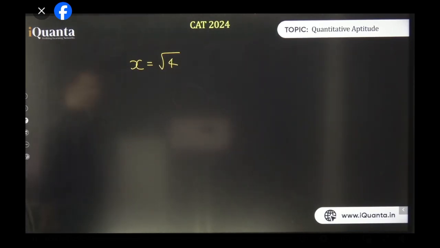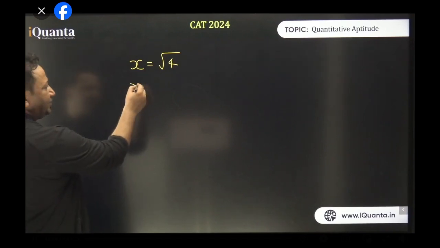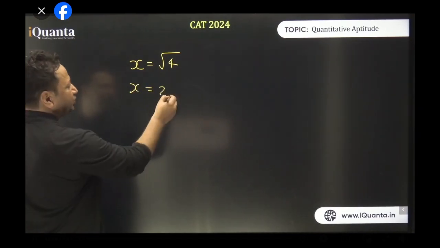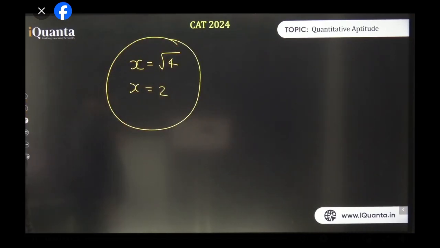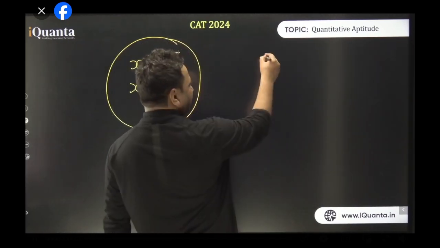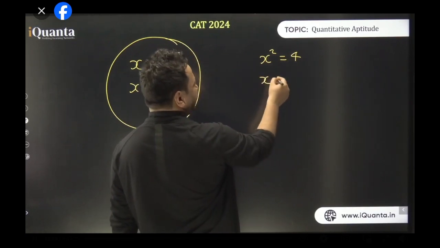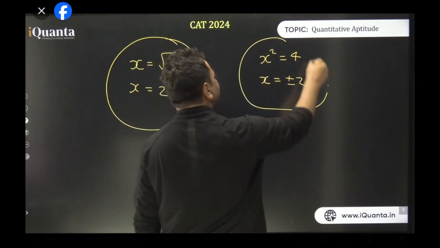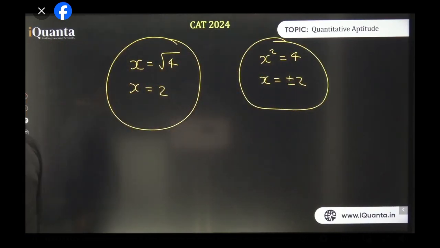You are right. So, people are saying x is equal to plus 2 or minus 2, but the reality is it's only 2. Minus 2 is wrong over here. Today I'm going to change your perspective about mathematics. If I say x square is equal to 4, in this case, x will be equal to plus 2 or minus 2. In this case, we have both the answers, plus 2 and minus 2. In this case, we have only one answer.